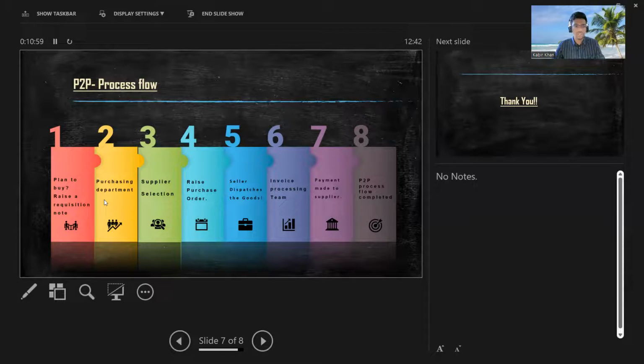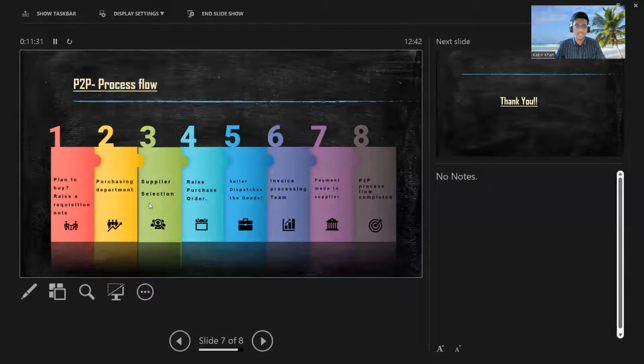Based on the requisition, the purchasing team will find suitable suppliers in the market who are offering the best price, because some supplier may provide one laptop for 70K or 1.2 lakhs. So based on the requirement, they will find the suitable suppliers in the market, and whichever supplier is offering the best price, the best quotation, they will pick that supplier. And